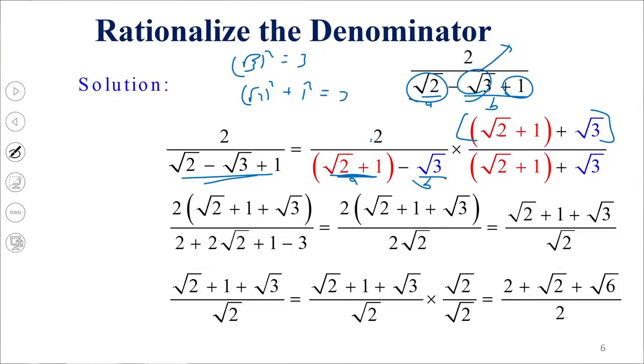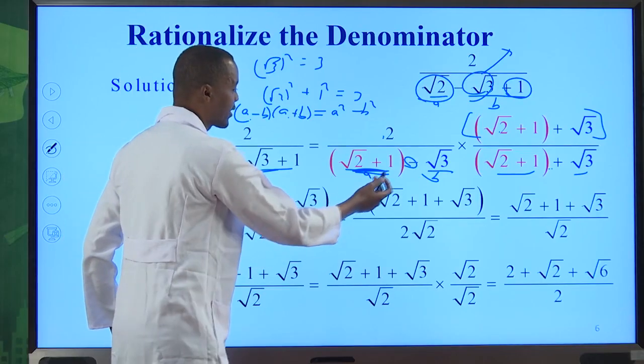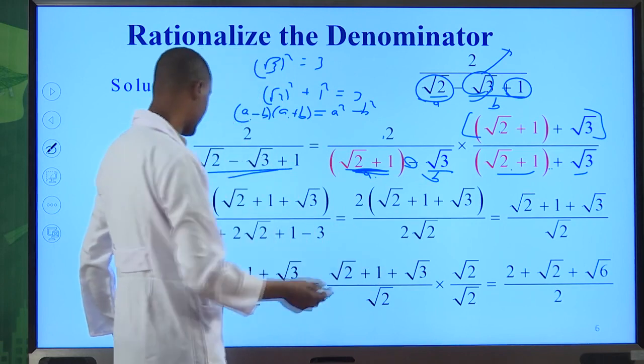And also for the numerator part, because as you remember, we have already said a minus b times a plus b is always equal to a squared minus b squared. So our a is that part, and our b is this part, and the same term is appearing here. Here is minus, here is plus. That is the same as a minus b and a plus b here. So we are going to simply square the term here and the term there. And finally, what we get is